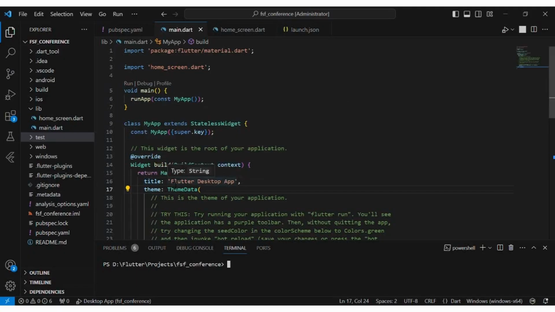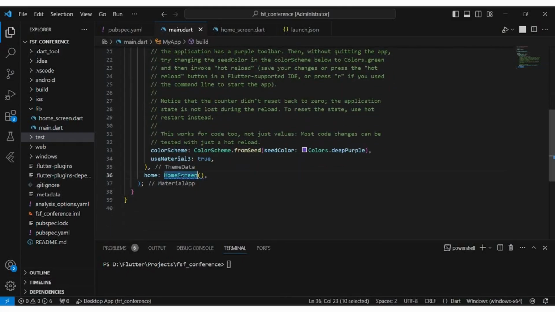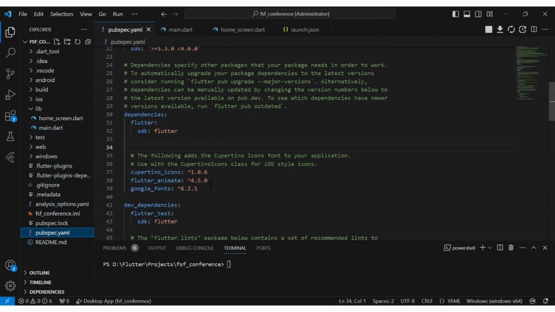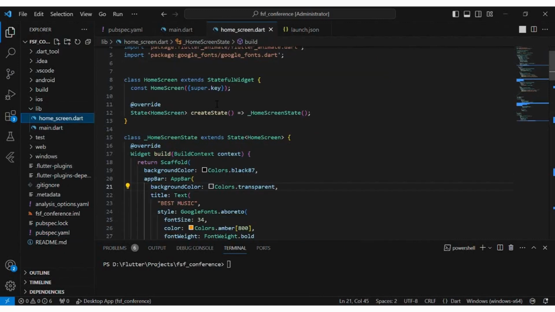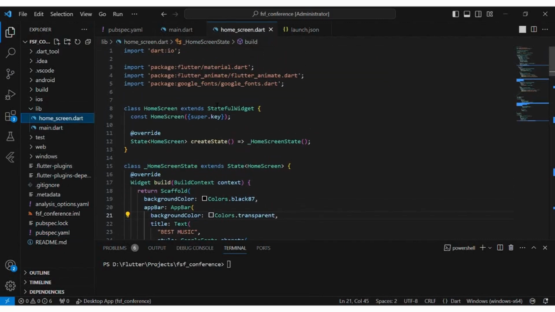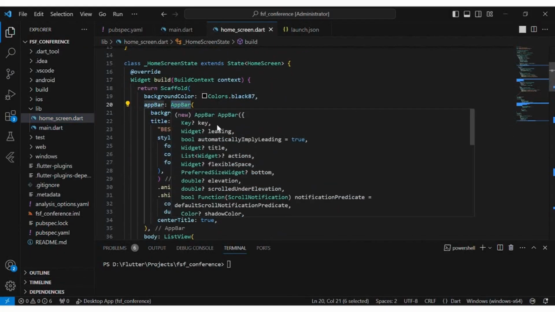Now here is the live coding. So in our live coding, we are going to make a new project, as we see, with a new page. First, we are going to pubspec.yaml to add our packages, Flutter animate, Google fonts, and Ctrl S to save all of this work. Now, after creating a new file, a Dart file, which is going to include our Flutter code,